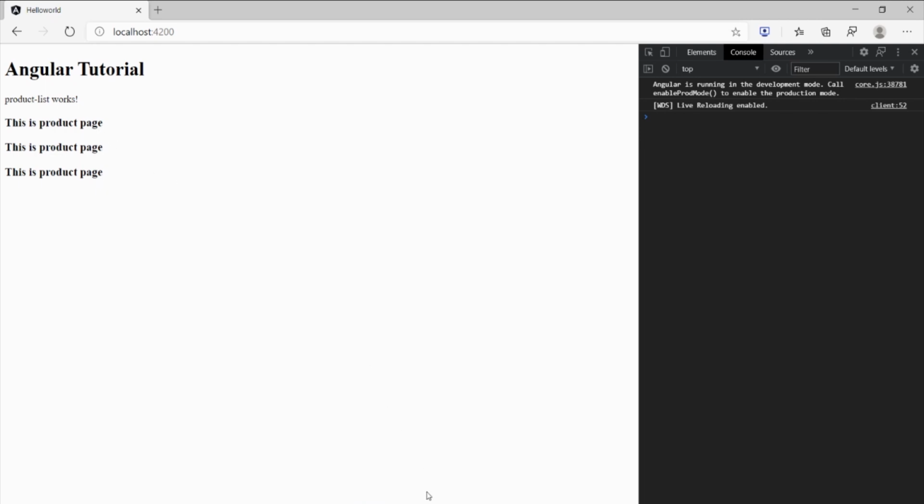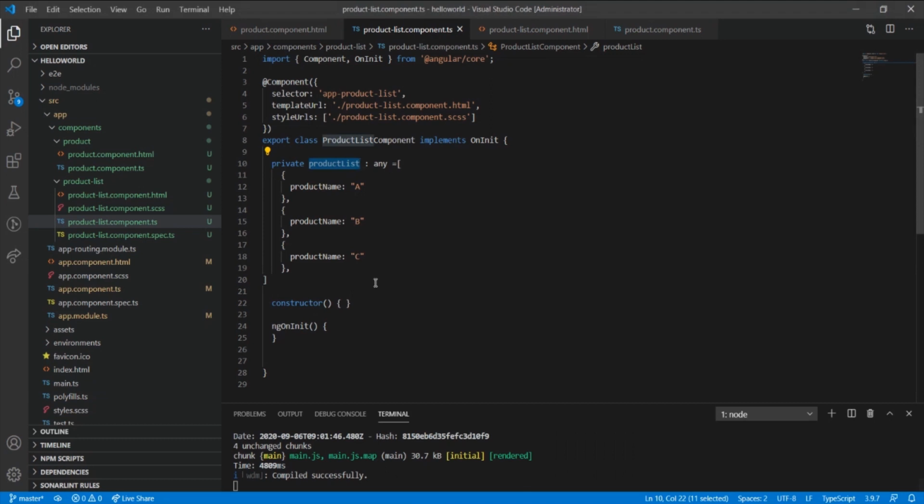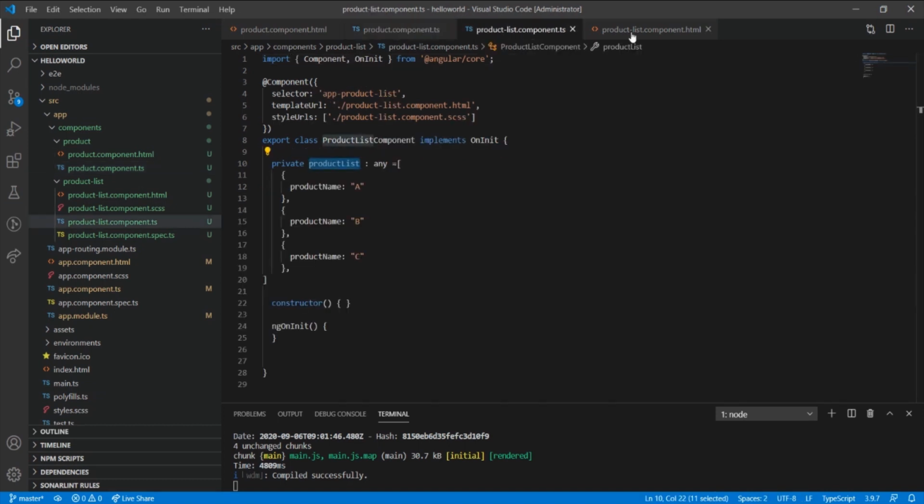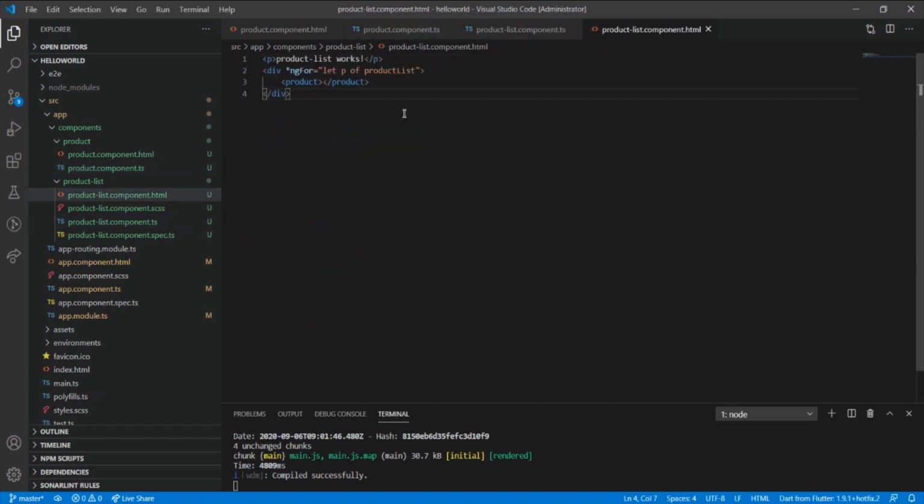It's the same component actually. Now let's go to the product component. So far, we are just iterating over the product list here, and we have this product component, and because the product list has 3 objects inside it, it is rendering 3 times.